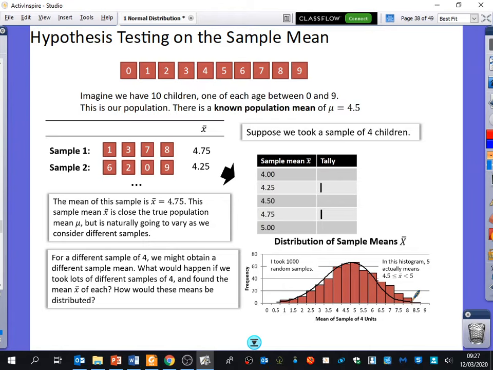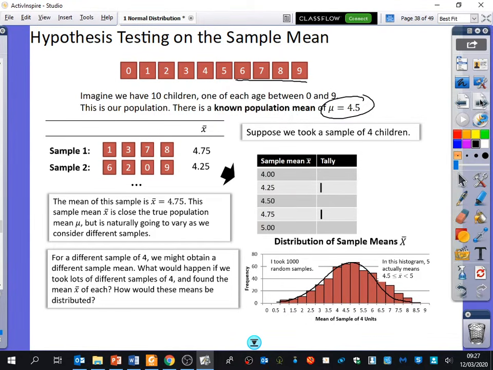If you just pause for a second and think to yourself, okay, you've got these 10 numbers here, and if you're going to take 4 of them, and you keep doing that, a lot of the time you would expect it to be near the population mean of 4.5. But sometimes you're going to get unlucky, in inverted commas, and you might actually get the 6, the 7, the 8, and the 9, and you might get one of these extreme values down here. And we're trying to figure out now, when should we start to think, actually, the mean is different to the overall population? So we're just going to talk a little bit more about what this looks like on the